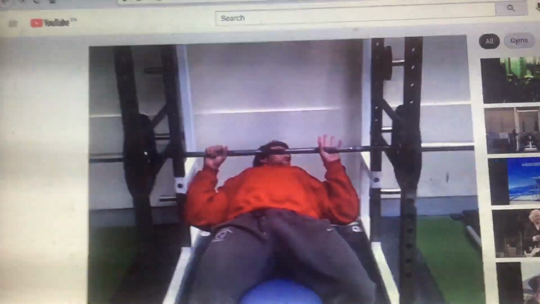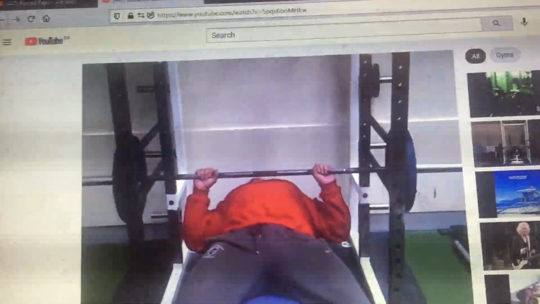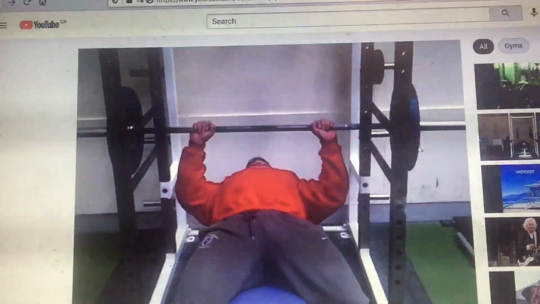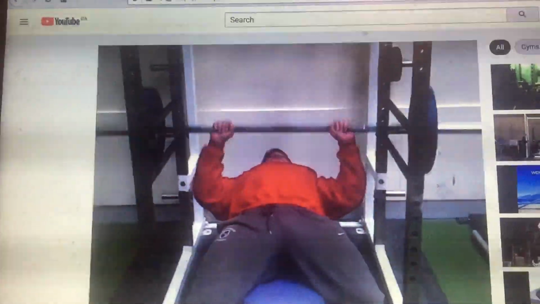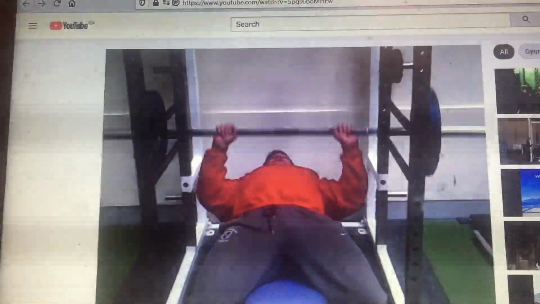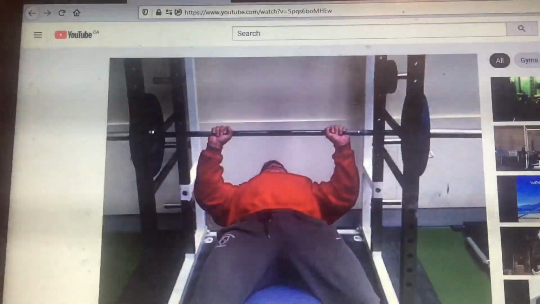But you can see they have these stoppers built into the rack, and those stop the bar so that he's going to be performing an isometric movement at that point in his range of movement. So he's training his strength specifically at that point in his range of movement. So that might be the sticking point in his inability to lift the barbell on a heavy lift.